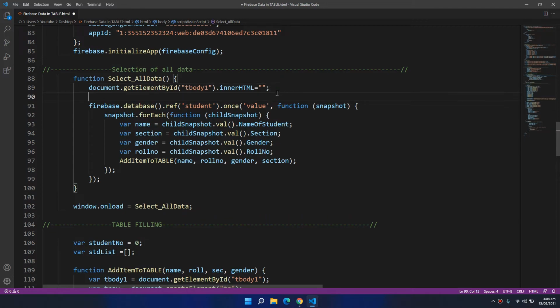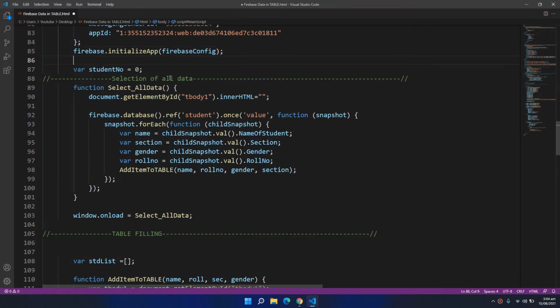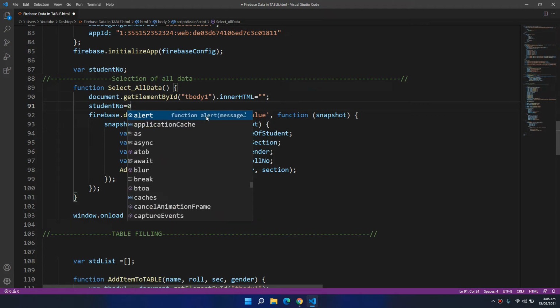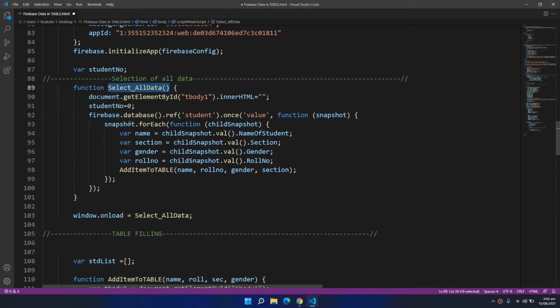Inside here, I will say student. I will declare this over here, and inside the select all data, I will say student number equals to 0. This select all data fills the complete table. So whenever there is this need of filling the complete table, the student record should be started from 0.